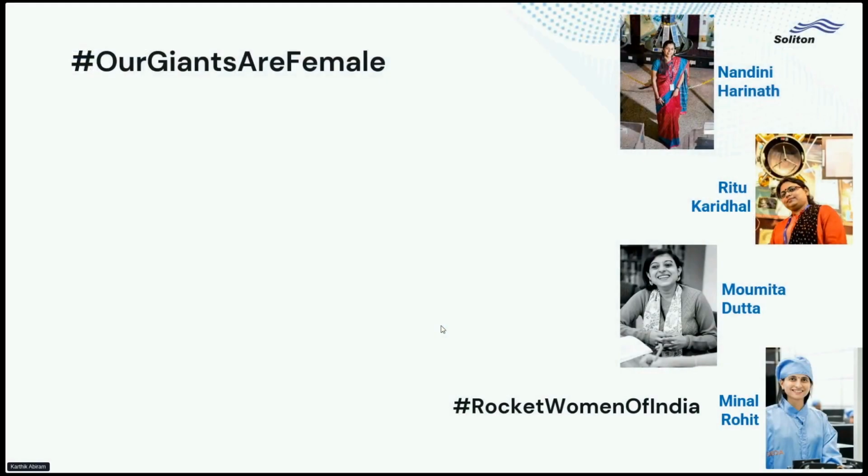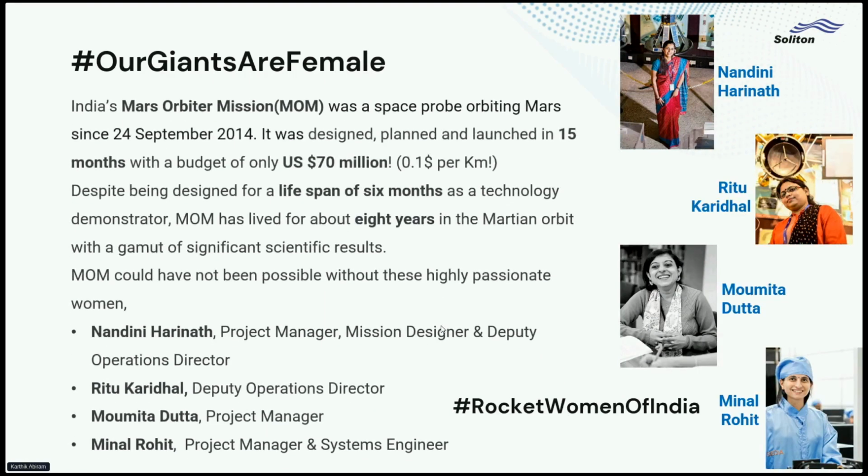So yeah, to start with, I'm privileged to talk about the ISRO scientists. This is specifically on the Mars Orbiter Mission. It was planned and completed in just 15 months with a budget of $70 million. To give that a perspective, the cost per kilometer was just 10 cents per kilometer. The budget was $70 million, and the distance from Earth to Mars is around 650 million kilometers, which results in an awesome mileage of just 10